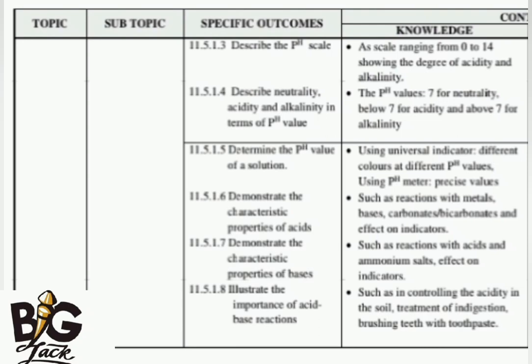When an acid reacts with carbonate, three things are going to be produced. The first one is carbon dioxide, followed by